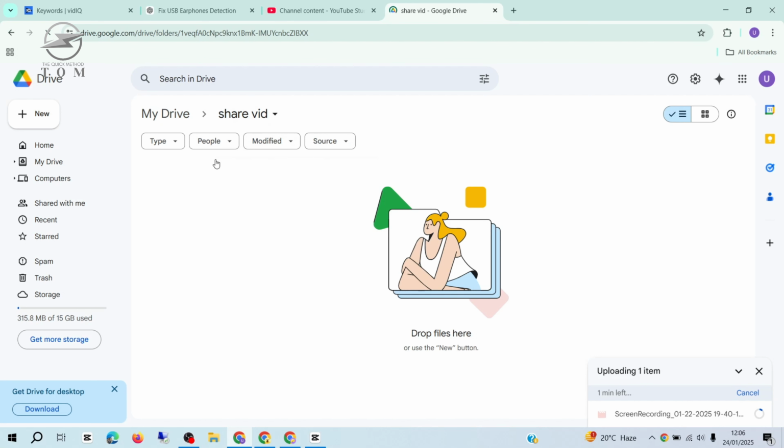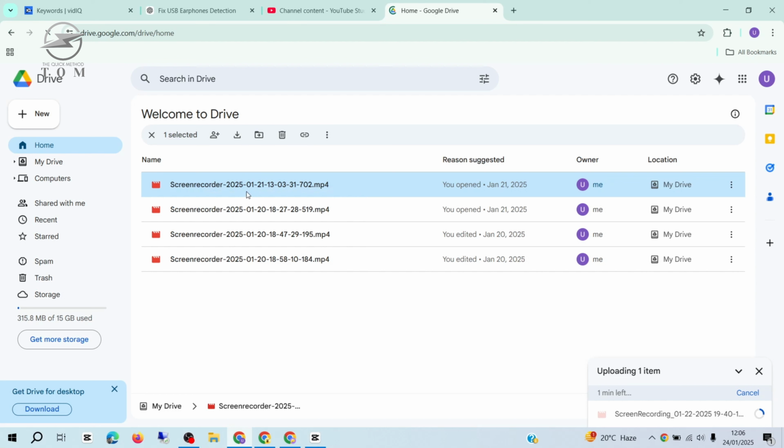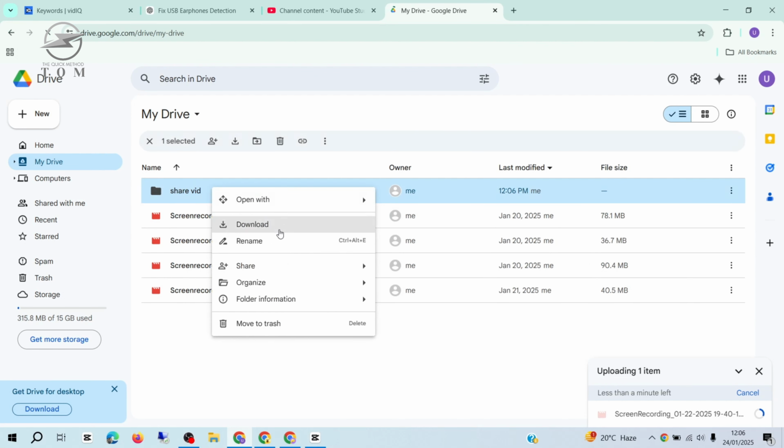Just hover over the folder, click the Share icon, and select Share. If you're only sharing a single video, right-click on it, hover over Share, and click Share again. This will bring up a pop-up window where you can either add people by typing their email addresses or create